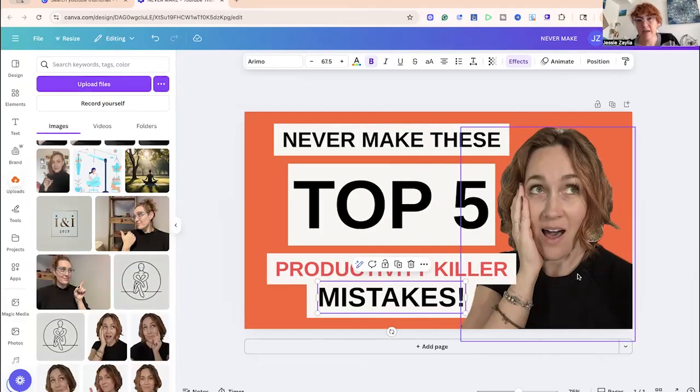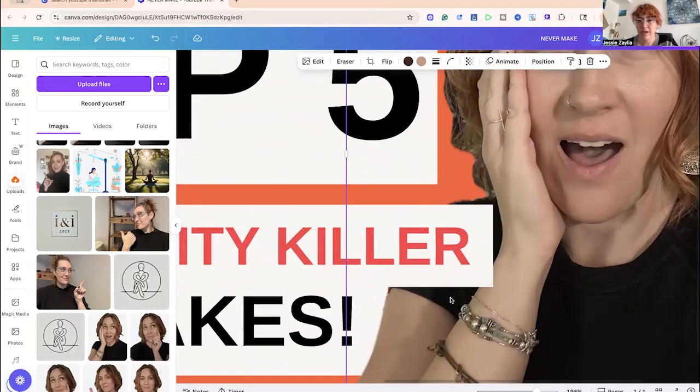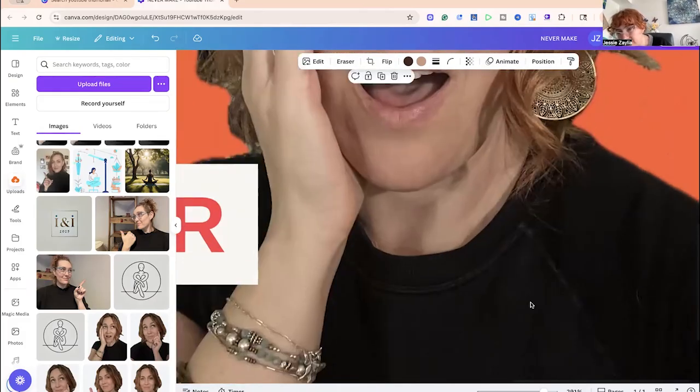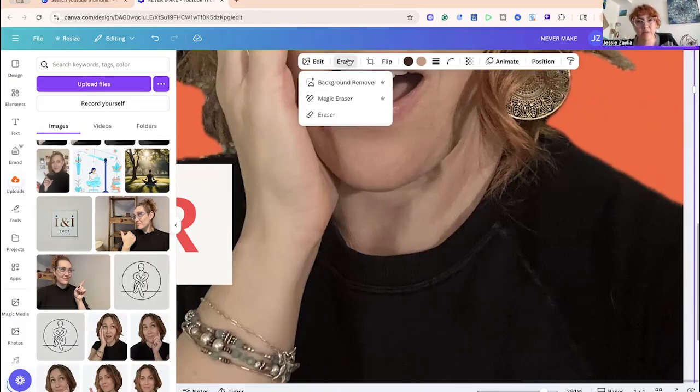And the last thing I'll say is, let's say I had a fuzzy on my shirt and I wanted to get rid of it, you can zoom way, way in. And let's say I wanted to get rid of this line or something, or yeah, right there, there's a little hair. I don't know if you all can see it. If I wanted to get rid of that, then I could go back up to my eraser, hit magic eraser,